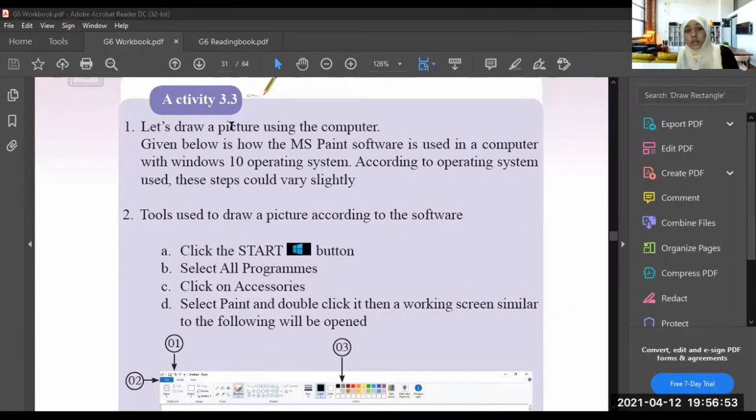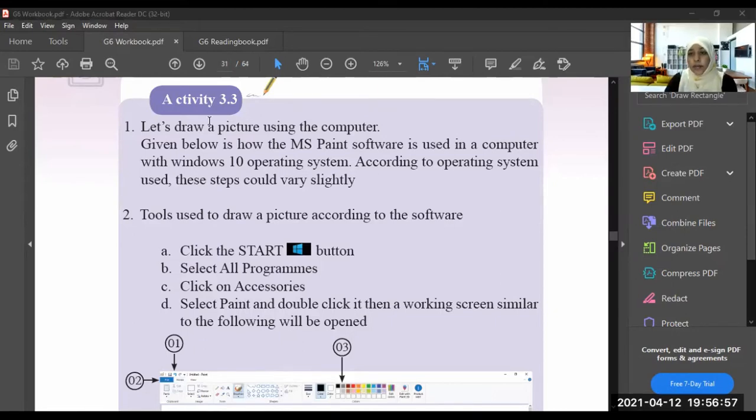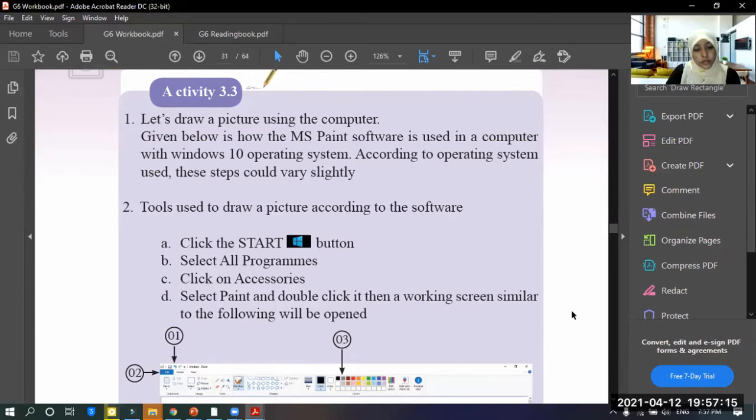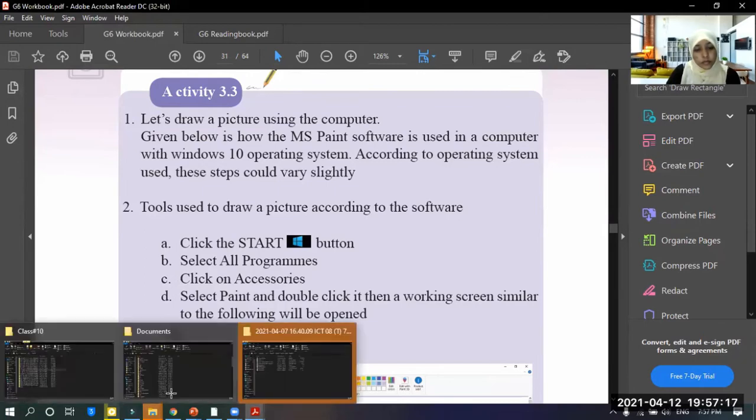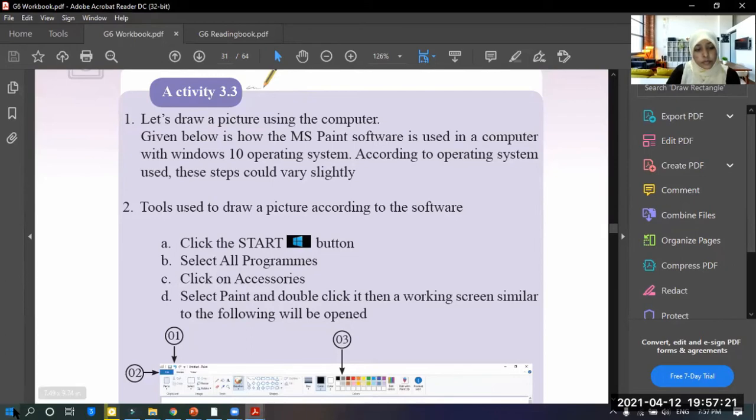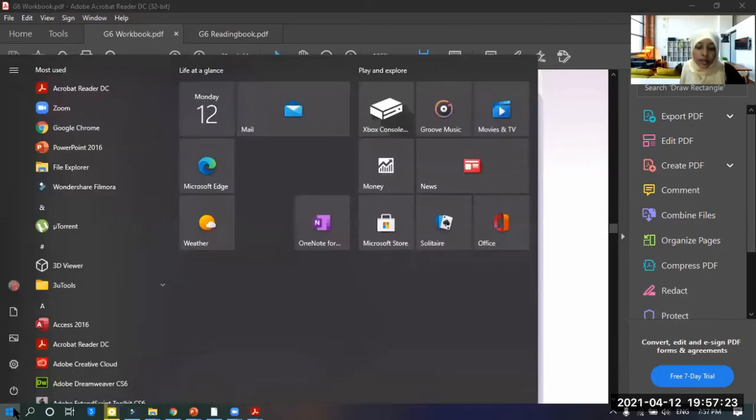Okay. So I will show you how to use Paint. Okay guys, go to your Windows button here, the start button. Then type paint.